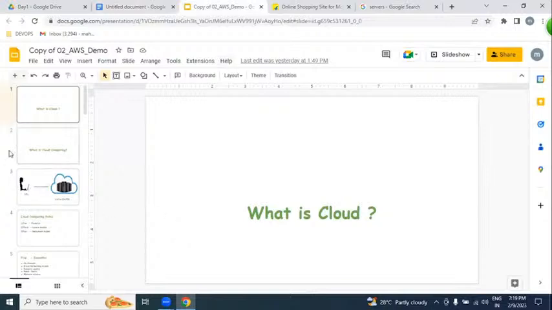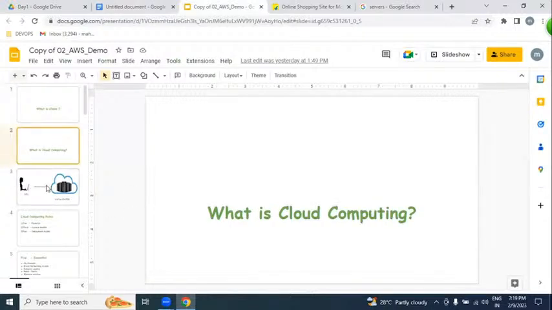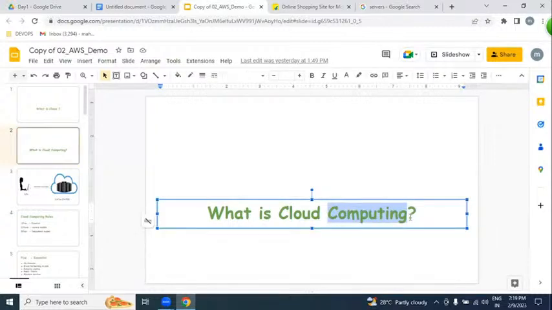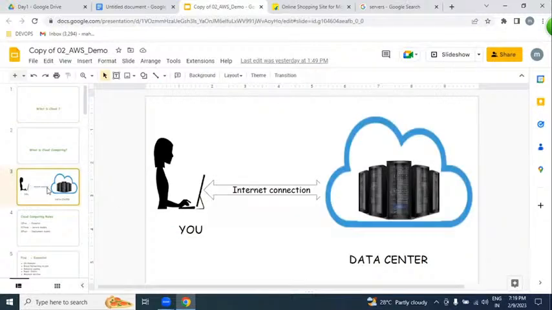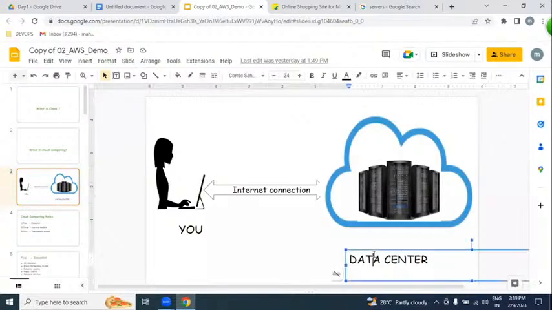But what exactly is cloud computing? Let me repeat one more time. If you can access remotely placed resources over the internet from anywhere on your laptop, that is nothing but cloud computing. For example, we have a data center.